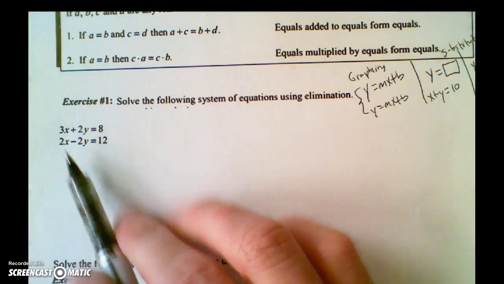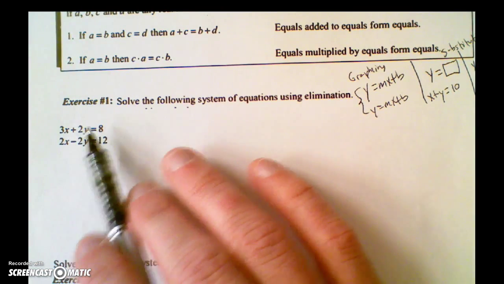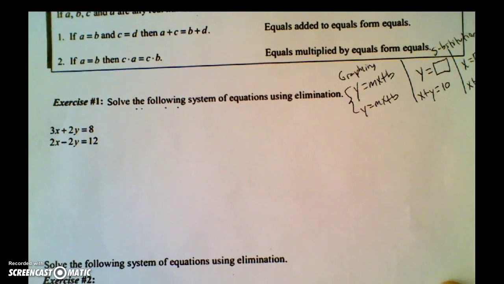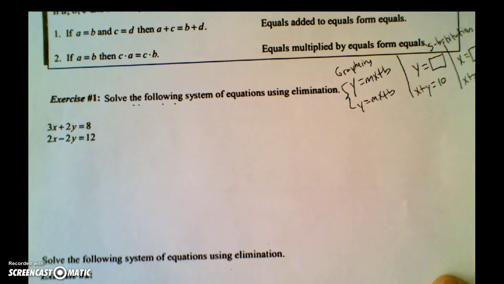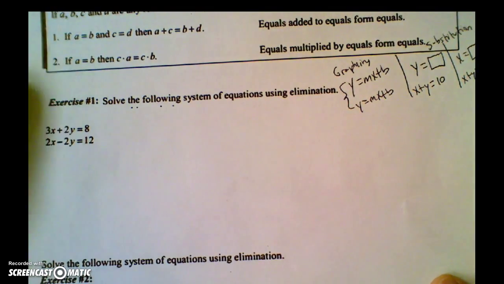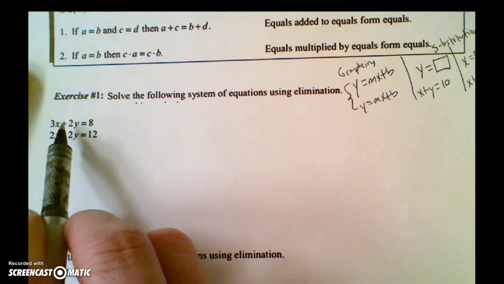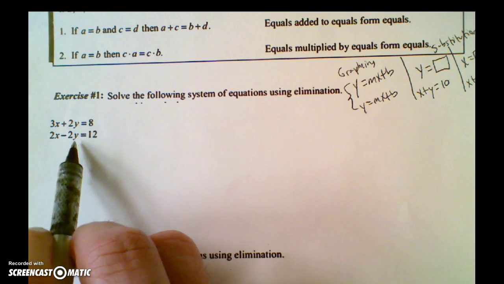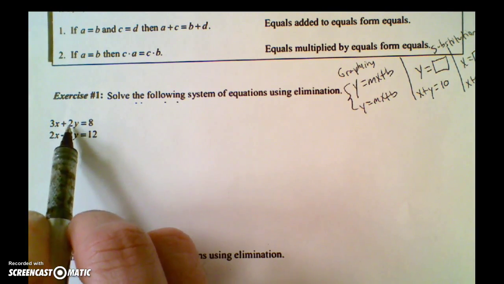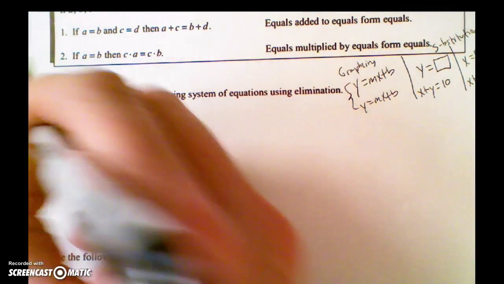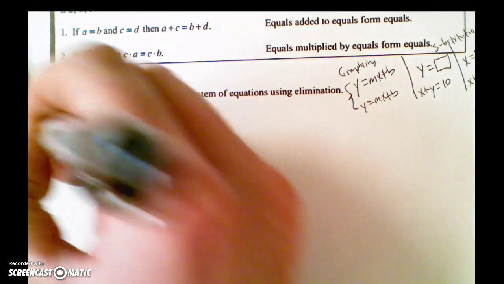This is when the equations are lined up with x on top of each other and y on top of each other. And the benefit of elimination is if I add the two equations together, we're eliminating one of the variables. And the way you eliminate is you look for the opposite signs. So right away, if I look at the y's, they have the same coefficient, 2, but one is positive 2 and one is negative 2. Because now look what happens. If I combine these two equations,